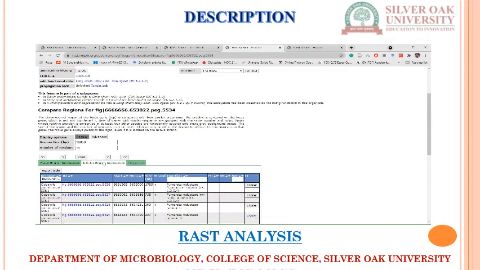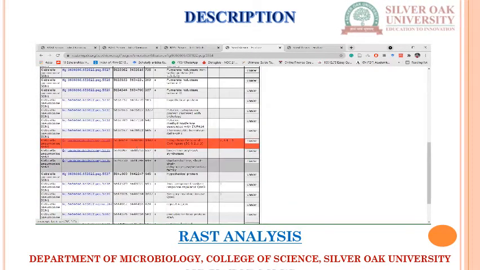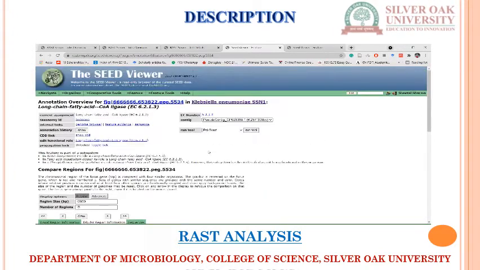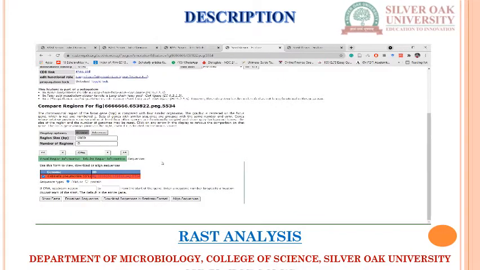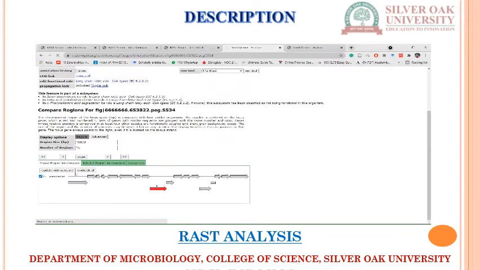If you want to see it in tabular form, here it is compared with other sources of data. Then the sequence: if I want to see the sequence, you can also download the sequence, DNA or protein, whatever you want. Now the visual region information.